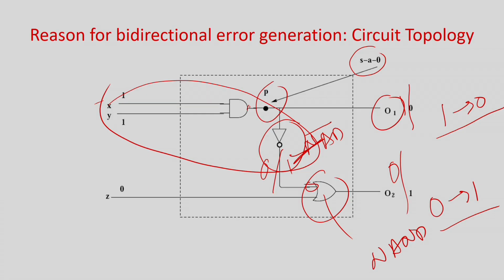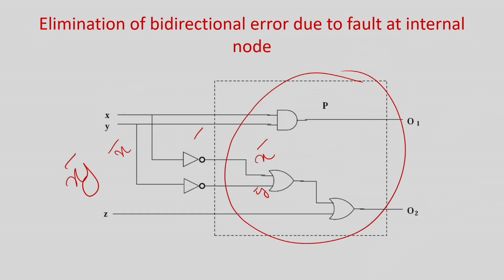One, as I told you, is circuit replication, that is, do not share any logic between the outputs. Another way is to push out all the inverters to the output side, and apply signals X bar, Y bar, whatever, both versions as input to the circuit. N number of different techniques have been found which eliminate bidirectional errors, because detecting bidirectional errors is very difficult and requires very complicated coding theory. So most of the researchers in online testing of embedded systems tried to avoid bidirectional errors.